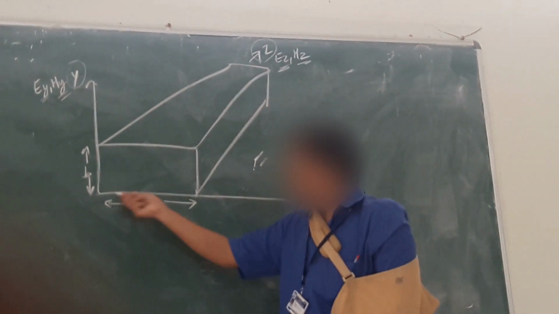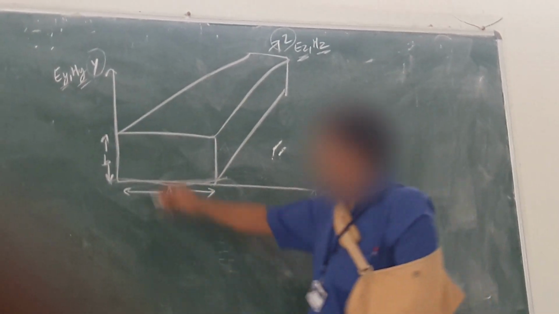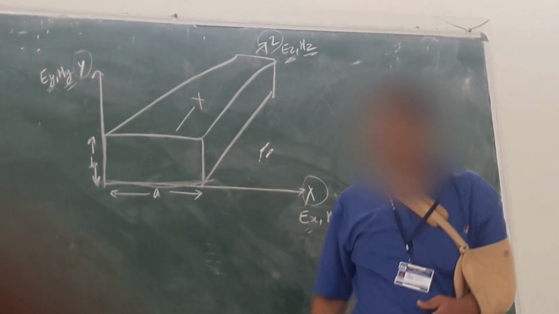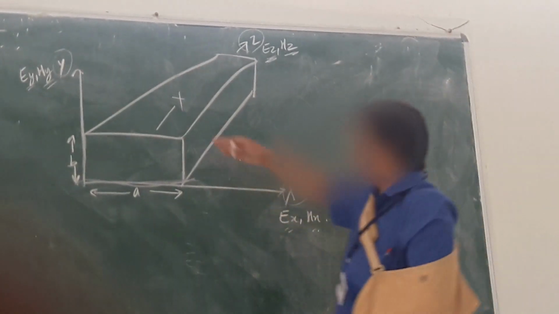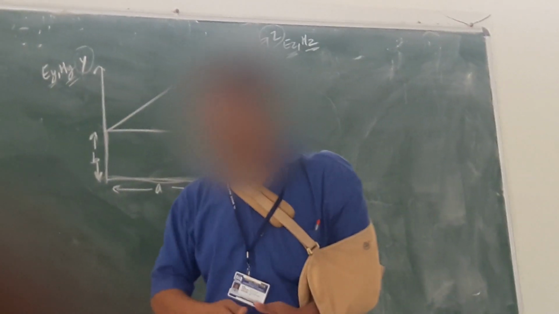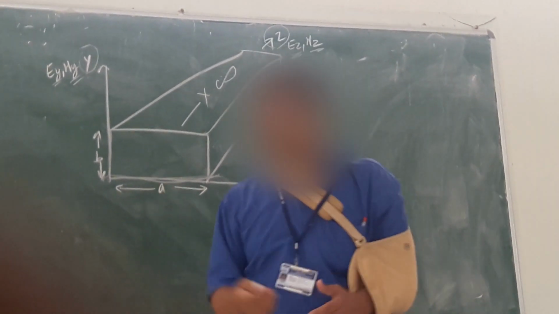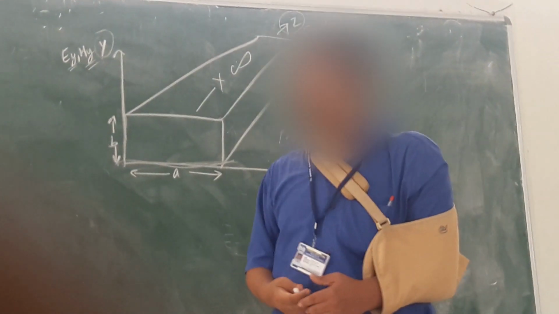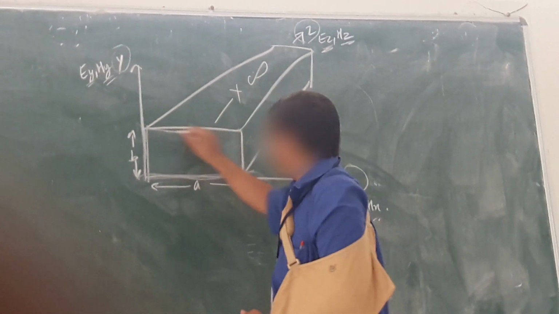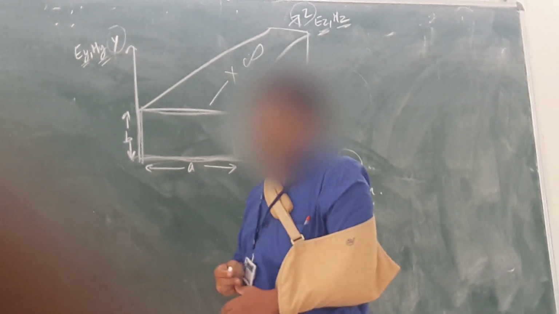Let us assume the waveguide has length a and breadth b. We will not consider the z-axis, because whatever the length is depends upon your transmitter and receiver. So here we will assume that it is of infinite length. And when we talk about physical dimensions, we have this a and b.